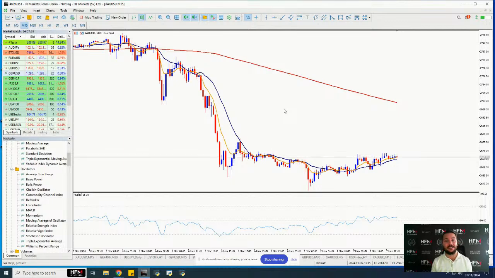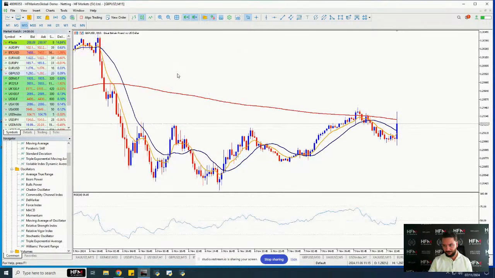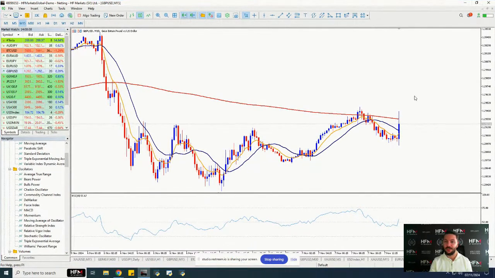Today's live analysis, ladies and gentlemen, we're going to be looking at two major events. We're going to be looking at events which are now taking place and are largely going to affect the British pound. It's also going to affect UK stocks. It will definitely affect the FTSE 100. So we're going to see a lot of volatility on all of these assets. However, we are going to look at two other events simultaneously.